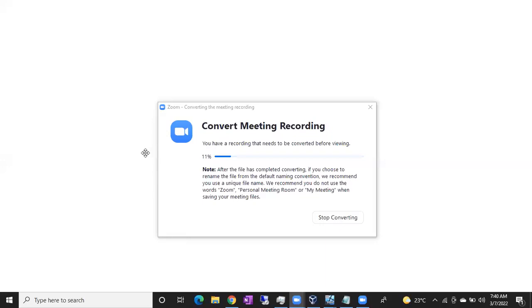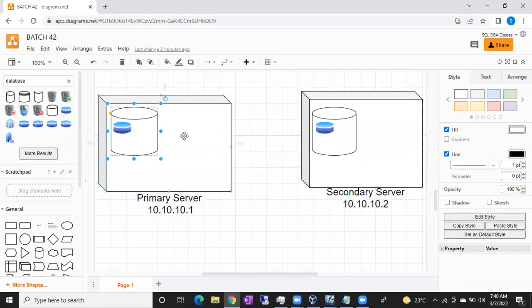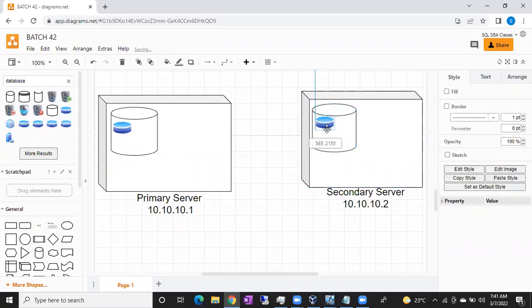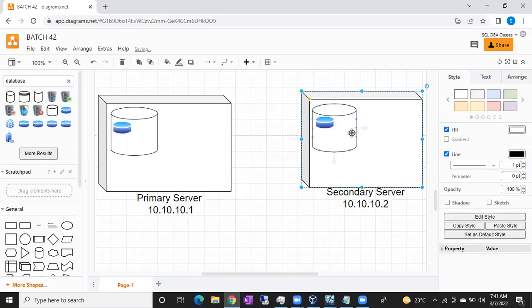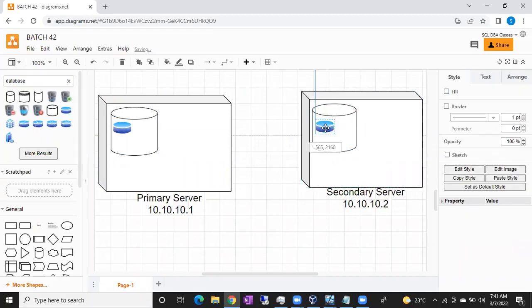Record from my side. Let me share the screen. Done. Okay, guys. So this is my primary server and this is my secondary server, right? Yes, sir. Okay. So in log shipping, as discussed earlier, it will work based on which backups,